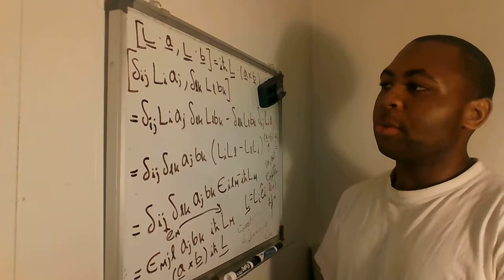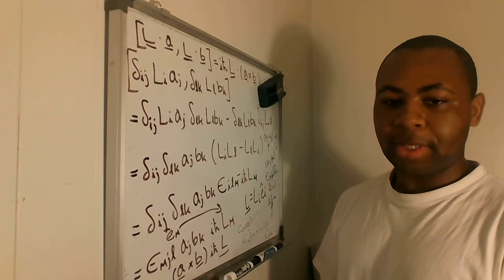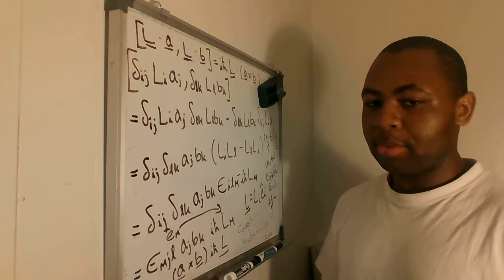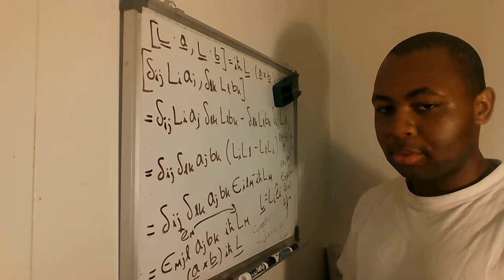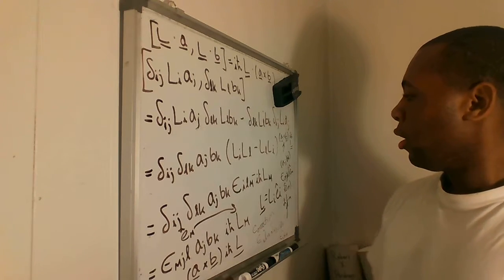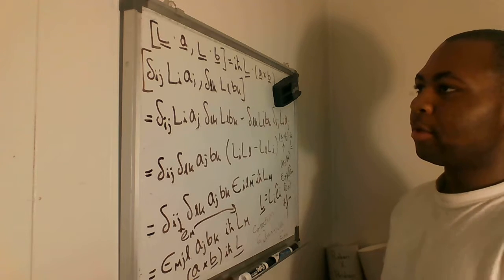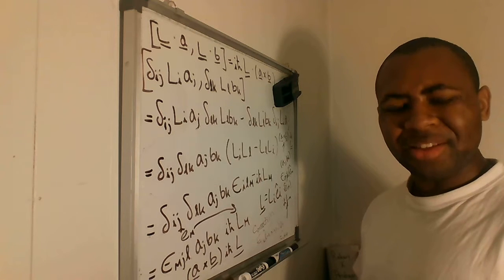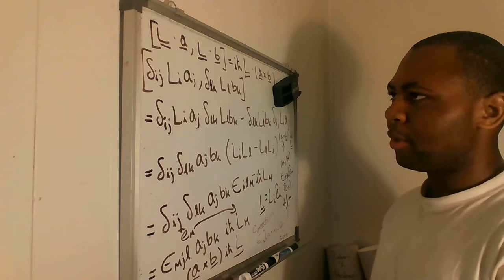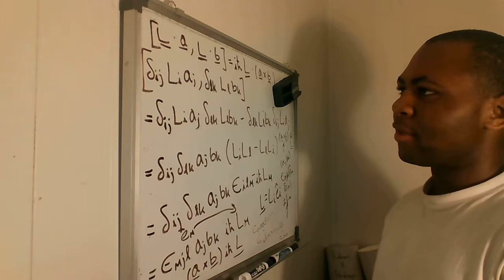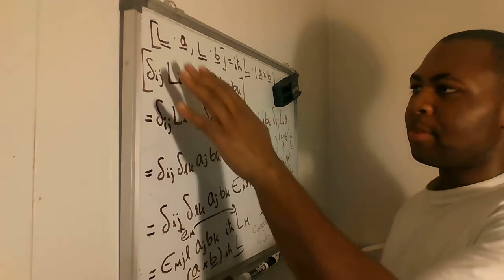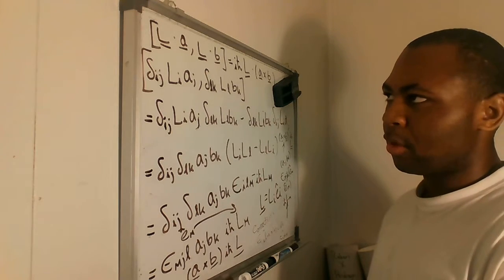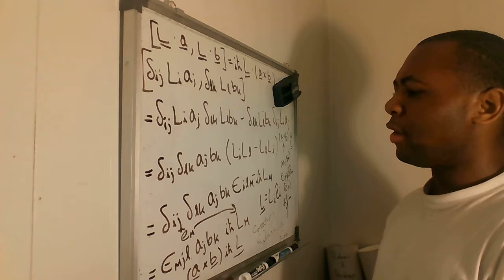Okay. So I'm going to open up with a bit of a retraction from the last video that I did. Not a retraction, but more so a correction. You may not be able to see that. Let me turn you around just a little bit. Actually, it's probably difficult to see anyway. Last problem that I did on one of the other videos for electrodynamics, I'm doing Zangwill's Modern Electrodynamics. I did this commutator problem with the L operators dotted with two constant vectors in the A and B directions, and